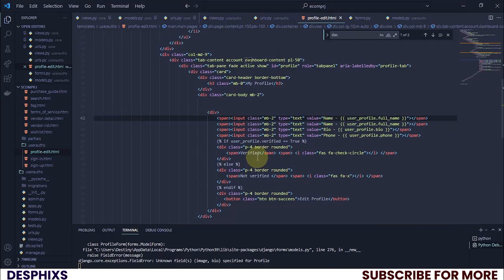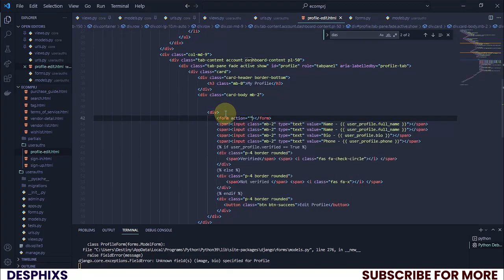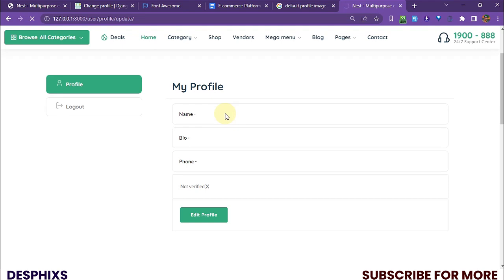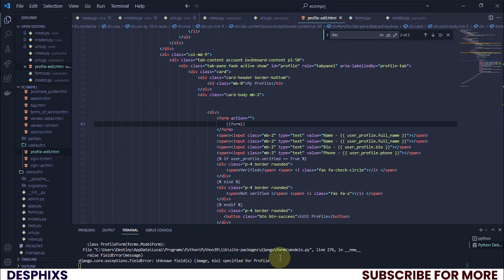and I'm going to get back to the profile edits, and what I'm simply going to do is get rid of all this. Okay, instead of getting rid of it, let's create a form tag over there, and I'm just going to paste this form thing over here. Now let's refresh. There's a problem. It says image and bio. Let's get back